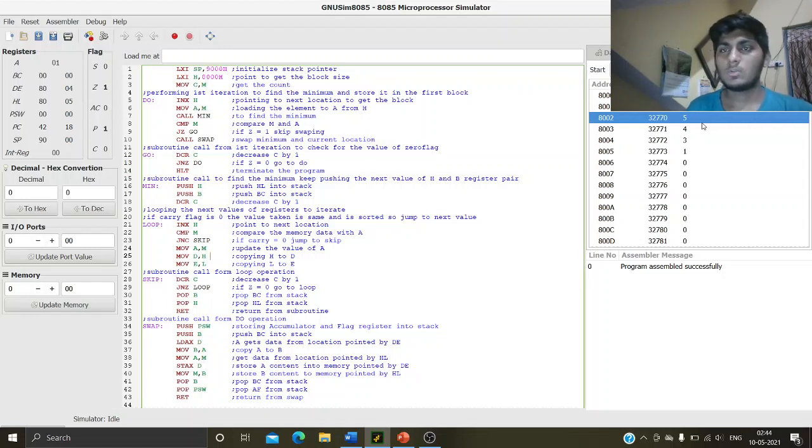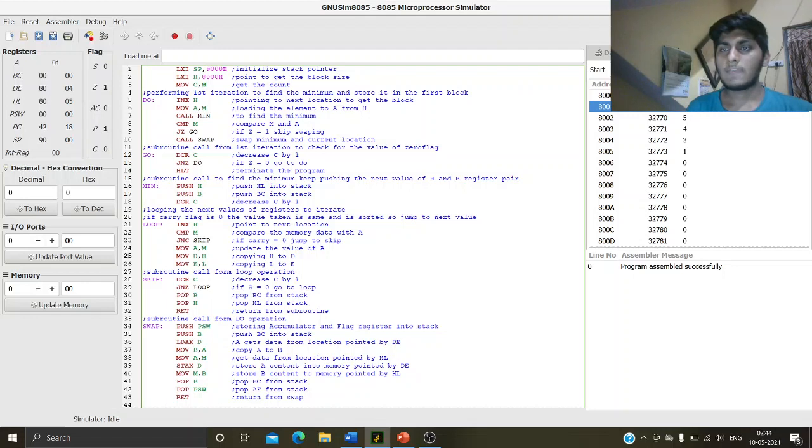So this is my code. Here I will be taking a simple example, if I simply take an array containing 5 numbers. So here I will be storing 5 in 8000H, which I will be using for storing the block count, and in the next locations I will be storing some data.